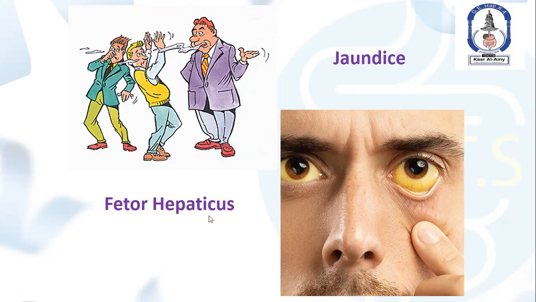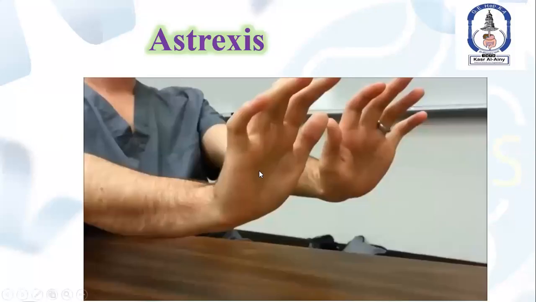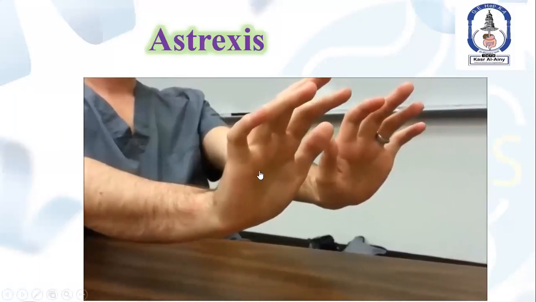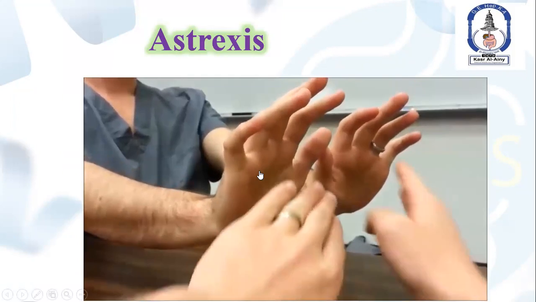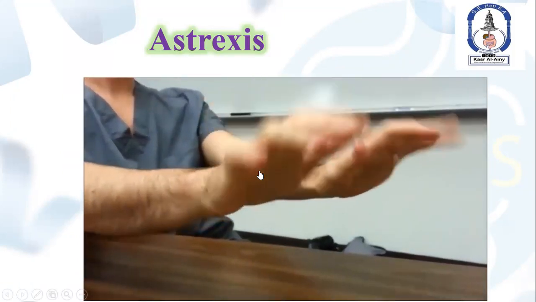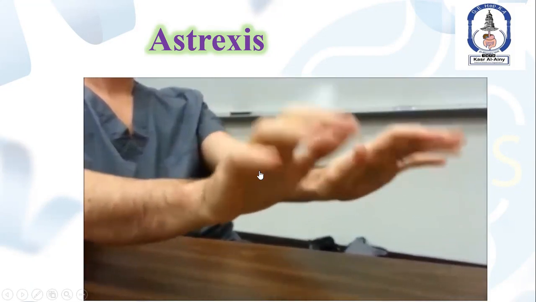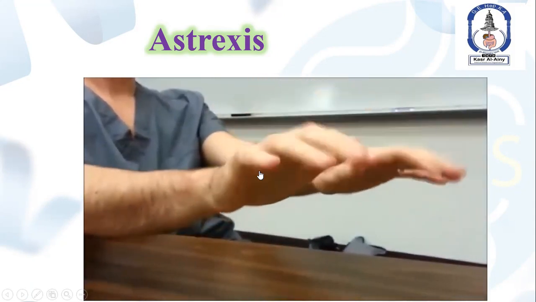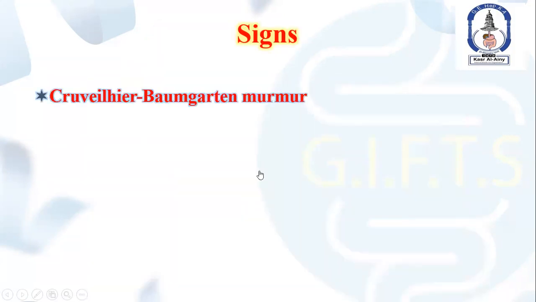So, as we said, there is fetor hepaticus, and of course there is jaundice. So let's look at the video with the flapping tremors. We can see that the hands are flapping like that, either synchronously or asynchronously. Okay, so the next sign is something called